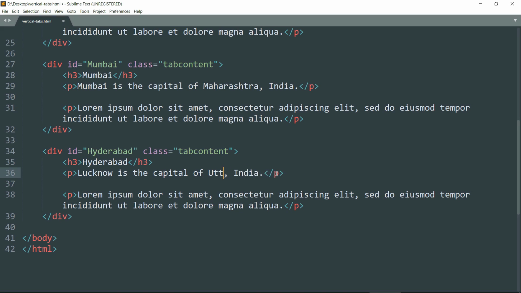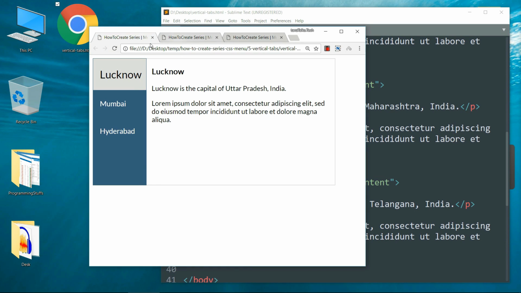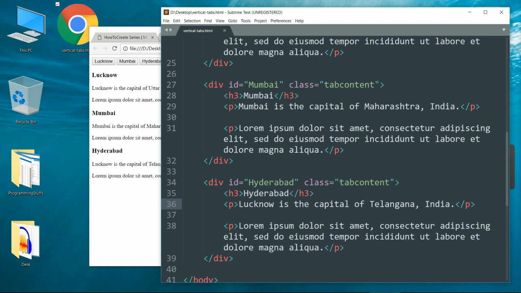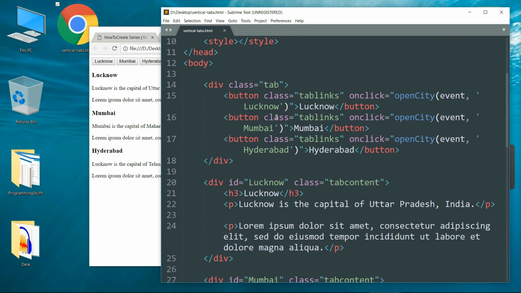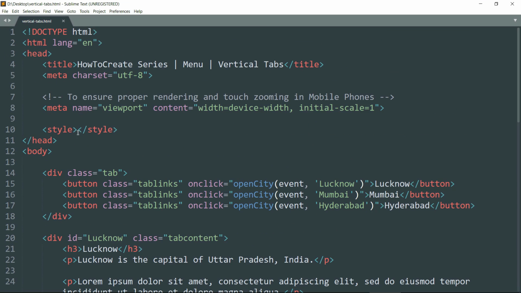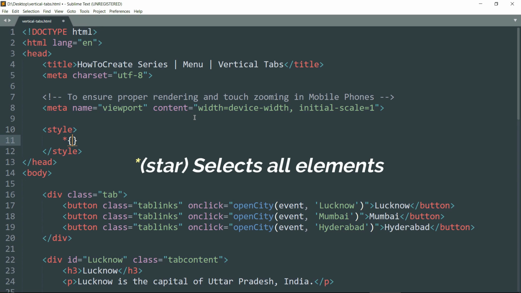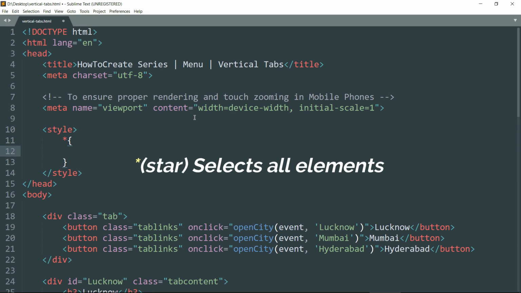Hyderabad is the capital of Telangana state. Okay, refresh and you can see that we have the heading as well as the content of all the three tabs. So this completes the HTML part, and now we need to move to the CSS part to style the page. Write star, open curly braces, then box-sizing: